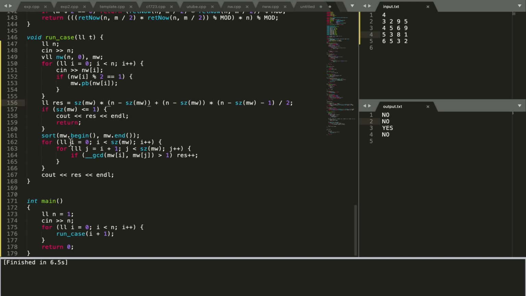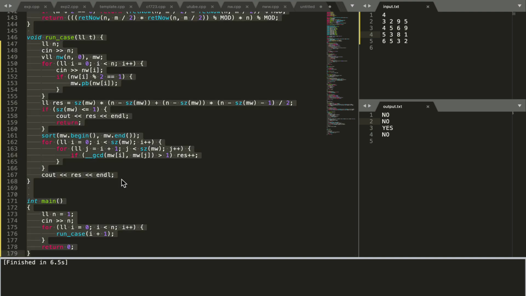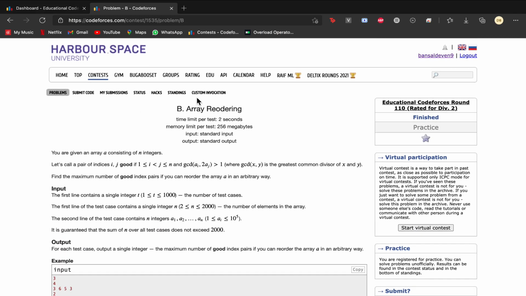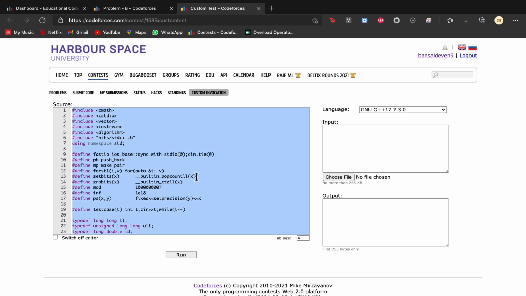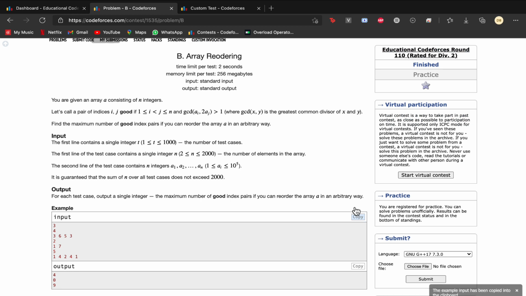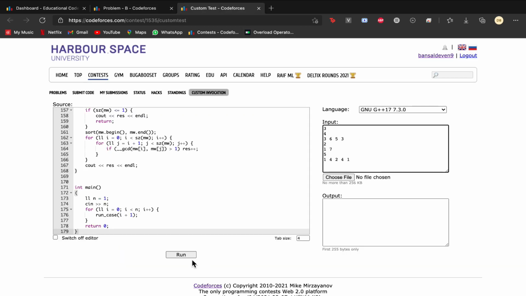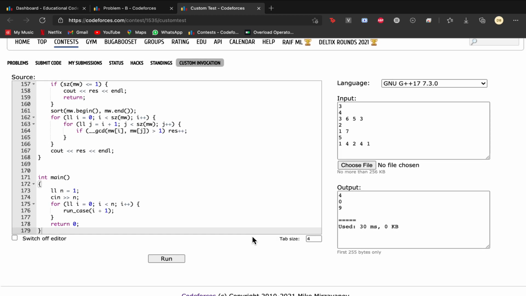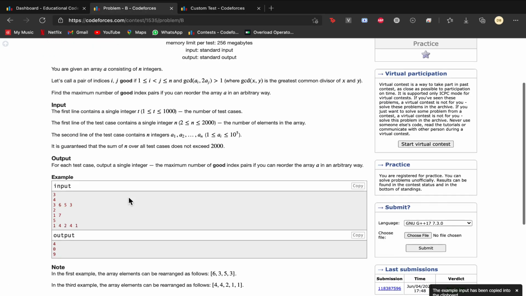And for all the odds, you can see here that if any pair of odds has GCD greater than 1, we add 1 to the result, and then we output the result. We can run this in the custom invocation with our sample input, and we get 409, which is the required output.